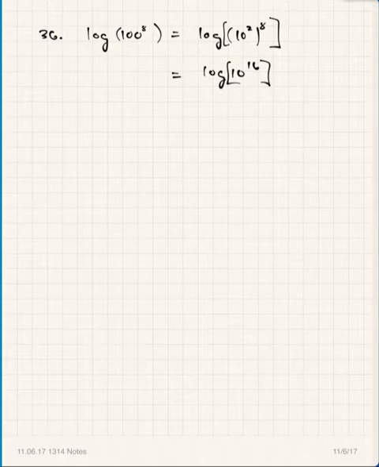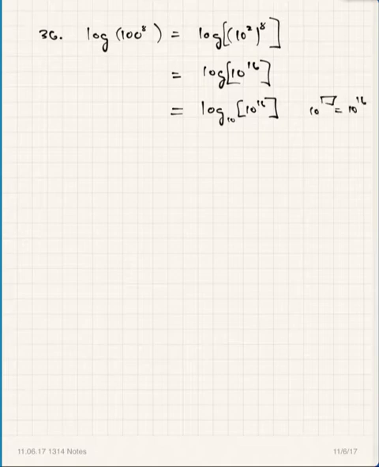All right, so now this is a little bit easier to deal with, believe it or not, because this is logarithm base 10 of 10 to the 16th power. So think about this for a second. If you want to write it with the base, that's fine. So this is saying 10 to what power is equal to 10 to the 16th power? And that would have to be 16, wouldn't it? And that makes sense. What power do you raise 10 to get 10 to the 16th?